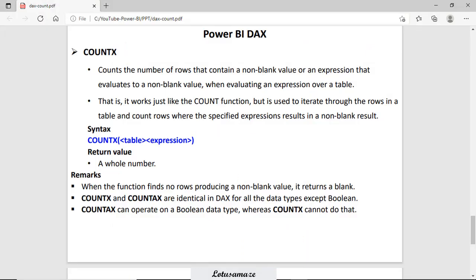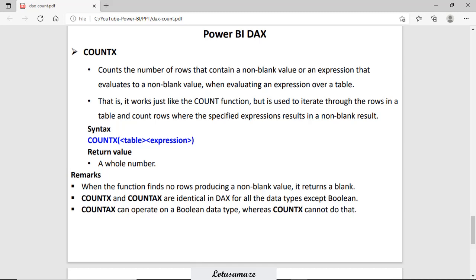So next is COUNTX. The COUNTX function counts the number of rows that contain a non-blank value or an expression if you specify. That expression also evaluates to a non-blank value in the row. The COUNTX function scans the whole table. It means it processes the data row by row. Another is COUNTAX.